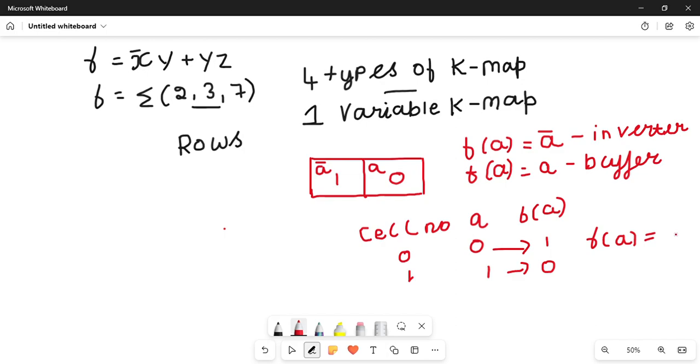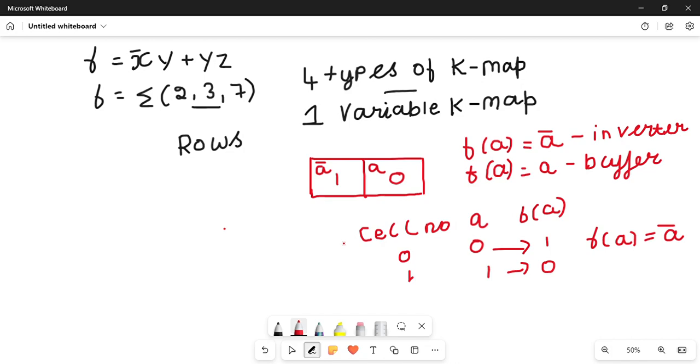Truth table and Karnaugh map for f of a is equal to a bar. This is one important thing for one variable. So what's a one variable K-map? Actually, a one variable K-map has one single row with two cells, and in the two cells